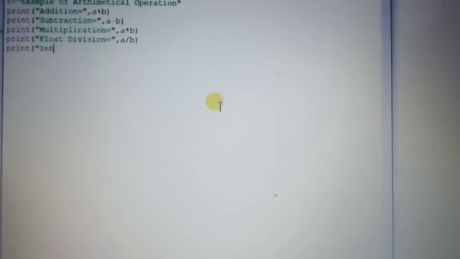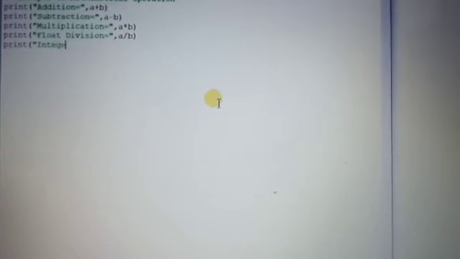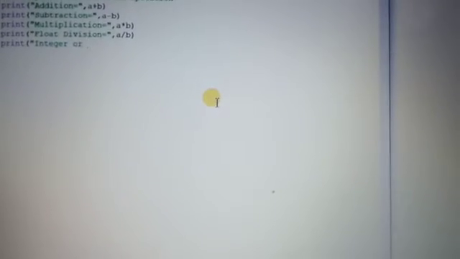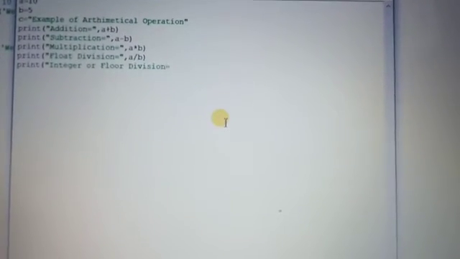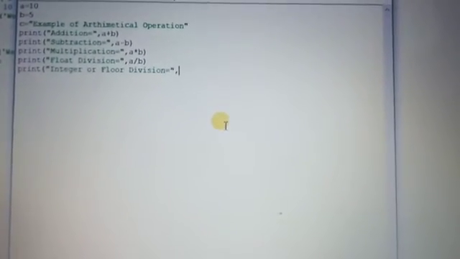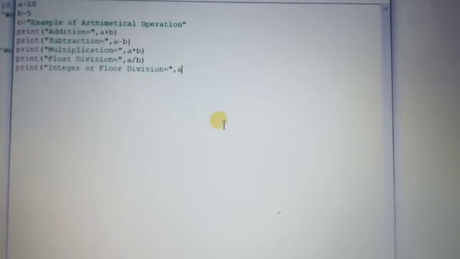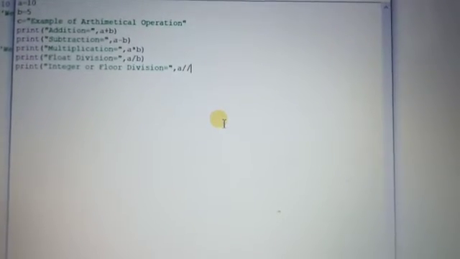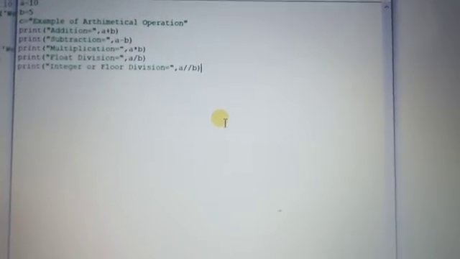Then print integer division or floor division equals, where we use the double slash.